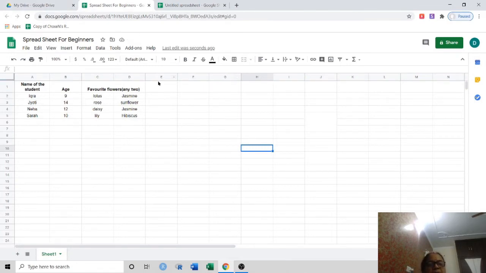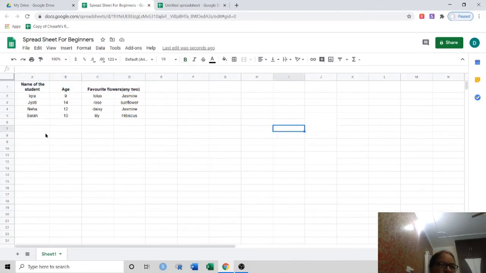Now there are many other options also, say bold. If you want anything in bold, you can go for that. I have already done the headings in bold. If you want it in italics, you can go for italics. If you want to specify the border, then you can select your text and then you can go for any border also for the text, if you want border for the entire table. But I will be designing my table with add-ons, so I will not design it right now with border.